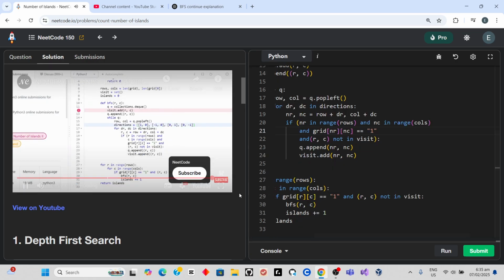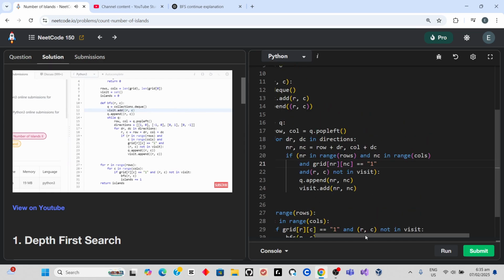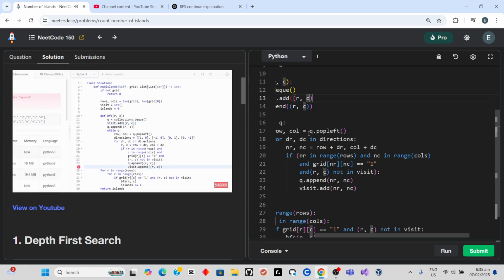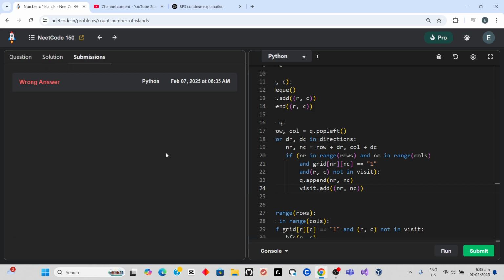I had a sloppy bug. I forgot to add this row column position as a tuple, which we want to do as a pair, not two elements separately. I also used the wrong function name for visit. We have to use visit add, not append, because it's a set, not a list. And there is the breadth first search solution to this problem. Sorry about a few of the bugs that I